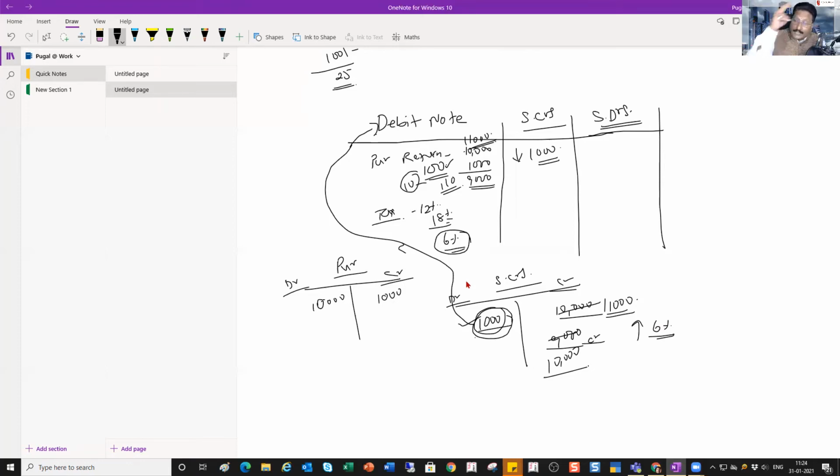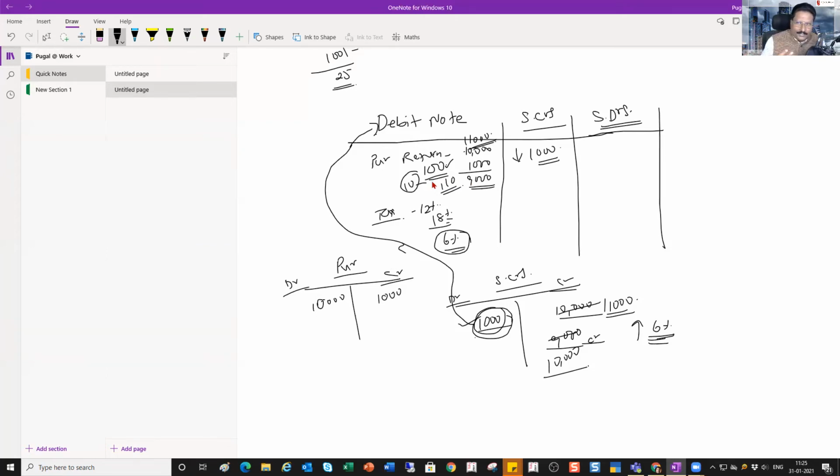We saw in the last session, a credit note in your book on the customer account is going to reduce the outstanding. A debit note in your book on the supplier ledger is going to decrease your outstanding, the amount you are supposed to pay. So you pass a debit note to the extent of the value of the 6% difference in the tax rate, and then accordingly you do the posting. Like I said, you would have understood this in complete detail in the last session. This is just for us to get an idea, and especially, as I had mentioned, this session is basically for the beginners.